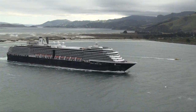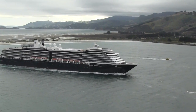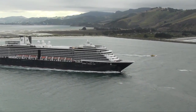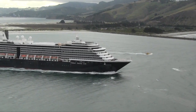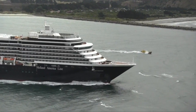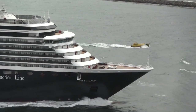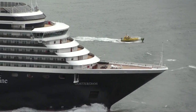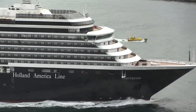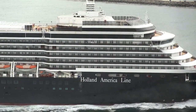It's a beautiful sight. There's a Holland cruise ship coming out of the harbor. Does this ship disturb them? These ships coming? I guess not. Magnificent. Yeah, it's almost